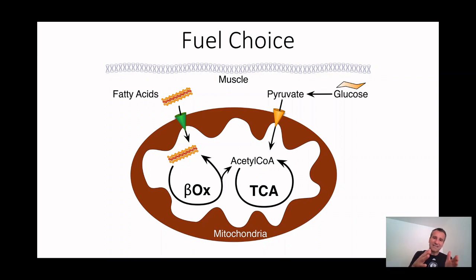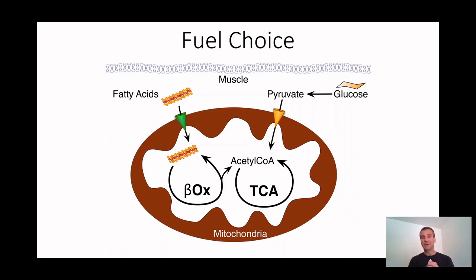But what you've got is this narrowing where you're making a choice between fat or sugar, and that is going to then feed back, because if you have a lot of acetyl-CoA, there's a message that goes back: hey, we've got a lot of acetyl-CoA, let's stop breaking down glucose, or let's stop breaking down fatty acids. And so what you're doing is you're making a choice. It's really an either-or choice in muscle, because you can get certain percentages, but as you increase the amount of fats that you have, you're going to decrease how much glucose you use to drive your muscle. As you decrease the amount of fatty acids that are around, you'll increase the use of glucose.